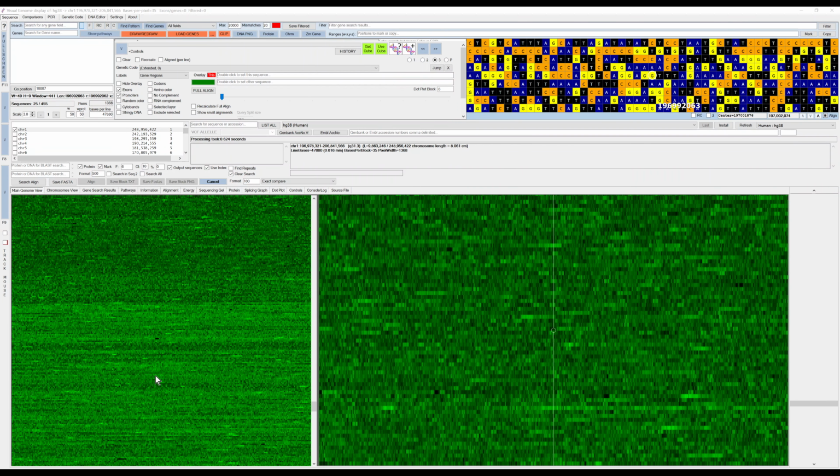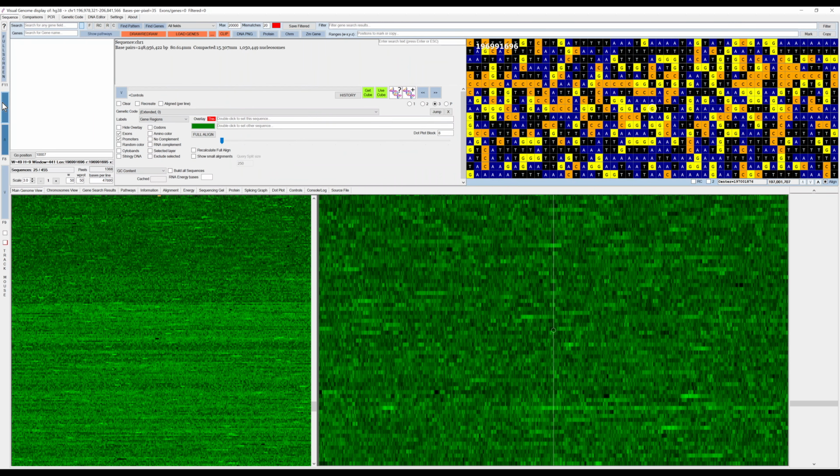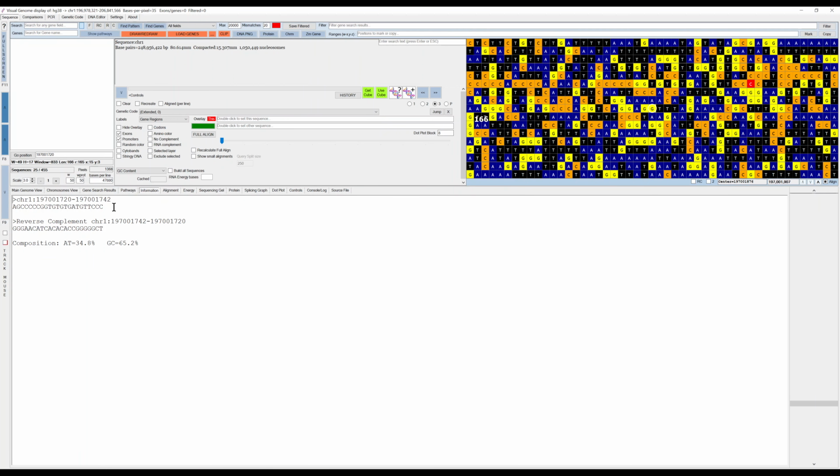Okay, so in addition to just highlighting specific DNA sequences in the DNA, you could also do a pattern search. So if we, for example, want to look for a specific pattern in this displayed DNA, let us just copy a certain part of it by double clicking and then pressing control double click.